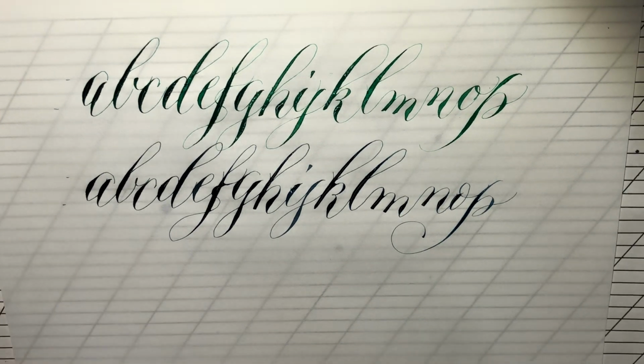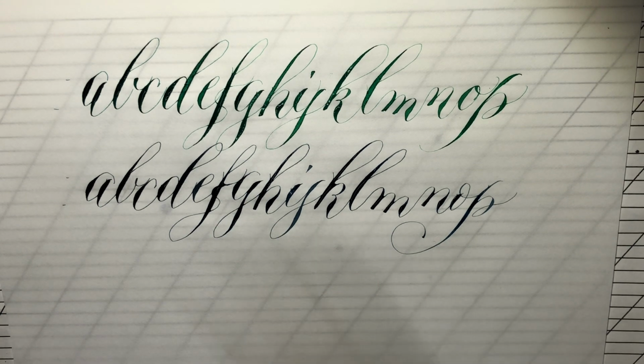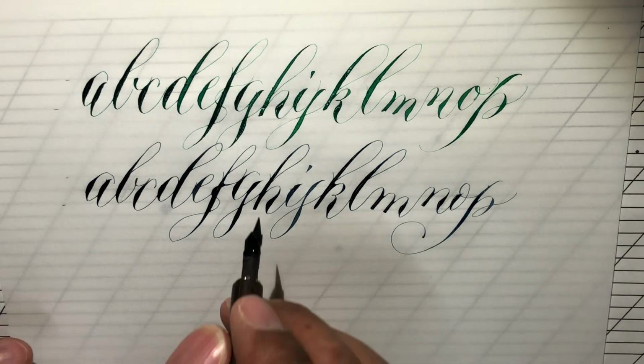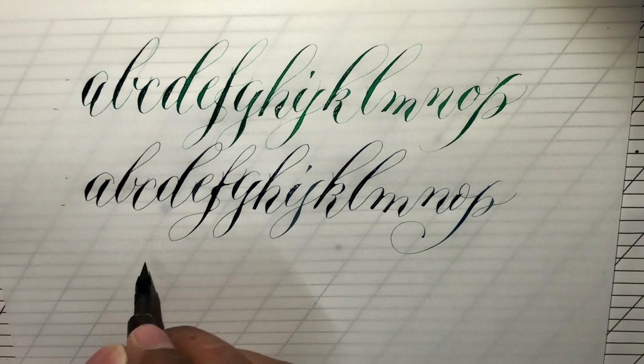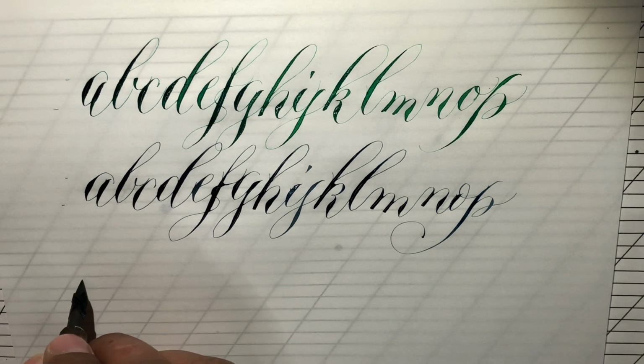So in looking at these two alphabets, it's essentially modern calligraphy written with two different tools. There's something really fascinating that I've been looking at with the structure of modern calligraphy and how it relates to copperplate script. So I was on site a couple weeks ago doing a job, and instead of doing